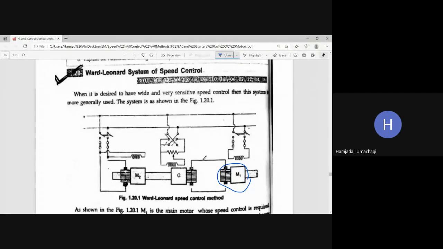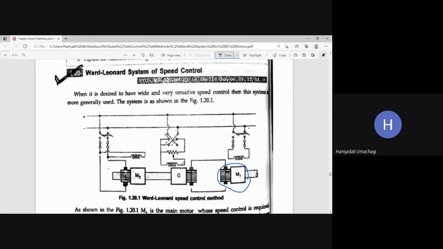If the generated voltage is having positive polarity, then the motor may run in one direction when the switch is thrown on one particular side. Similarly, if the switchgear is thrown on the other side, then the field direction changes. Then proportionally the generated armature voltage polarity will change, and proportionally the speed direction of the motor will change. So you can control the speed of the motor in both directions. That too, fine tuning is possible here. Fine tuning of the speed is possible by making use of this Ward-Leonard method.